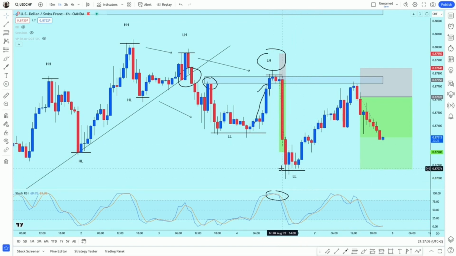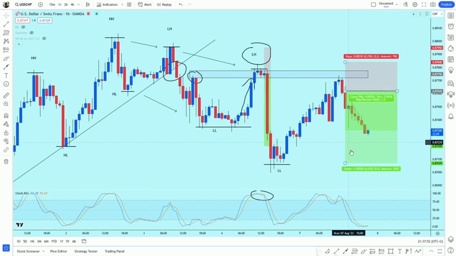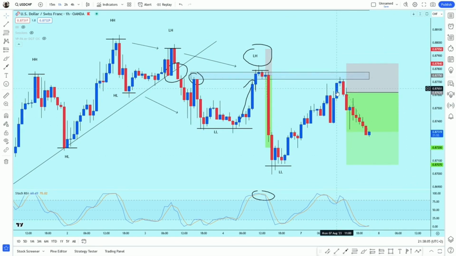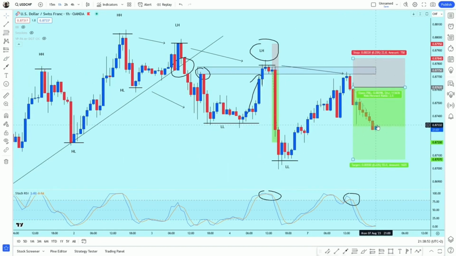Price formed this new lower low and then went up to test this previous key level. As you can see, I have another trade running here. I decided to enter here after this massive bearish engulfing candlestick pattern, and also after another lower high formation. If you look here, you can see that the indicator is also giving us a reason to sell. So I entered here, put my stop loss above this zone, but this time I decided to aim for this lower low here. I don't know if price will go down and reach my take profit, but anyway